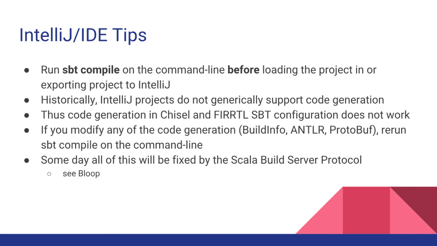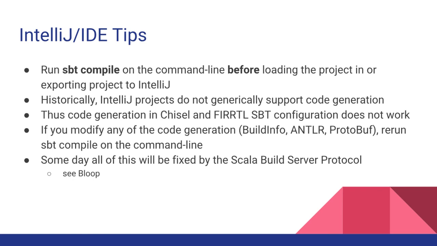Historically, IntelliJ has its own description of the build, and SBT generates the metadata, I think it's a JSON file, for that description. And so once you export it, it's now IntelliJ's problem. And IntelliJ didn't support code generation. Whereas SBT for Firrtl has an Antlr plugin, and that Antlr plugin knows how to generate code, with a dependency on the generated Java code when compiling the rest of the Scala code. IntelliJ didn't understand that concept, and you had to use plugins. So it didn't really work to go from SBT and Antlr to IntelliJ's Antlr plugin. That mapping doesn't exist.